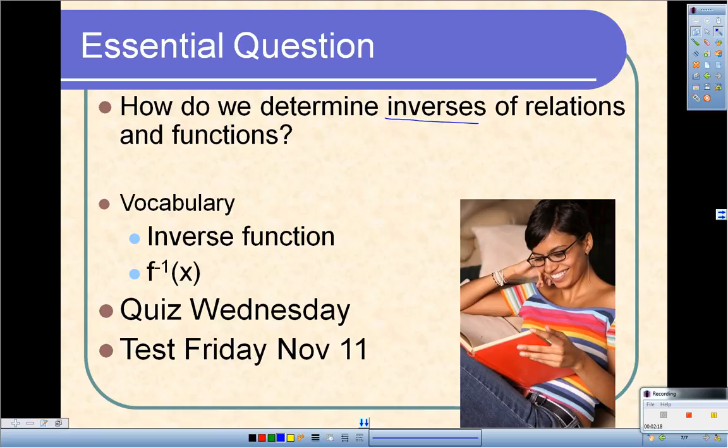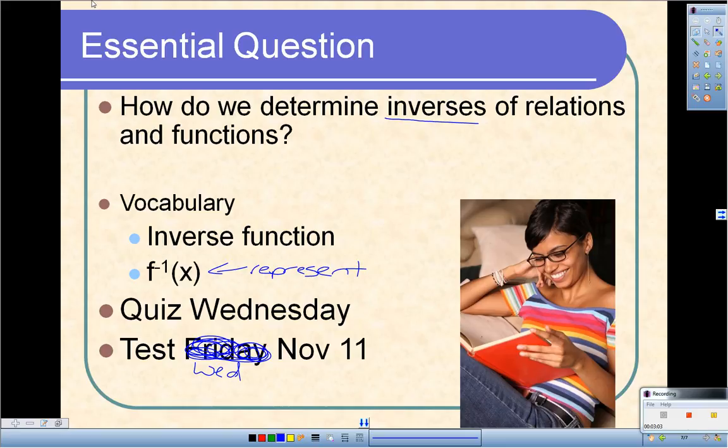So your vocabulary is inverse function, and the symbol that we use to represent the inverse function is f to the negative 1. That's an exponent, f to the negative 1 of x. And just know that you will have a quiz on Wednesday, and your next test will be on Wednesday, November the 11th. All right, let's jump right into this,